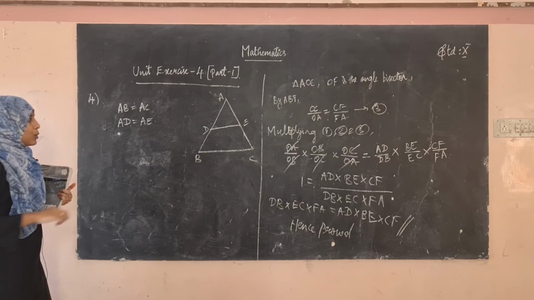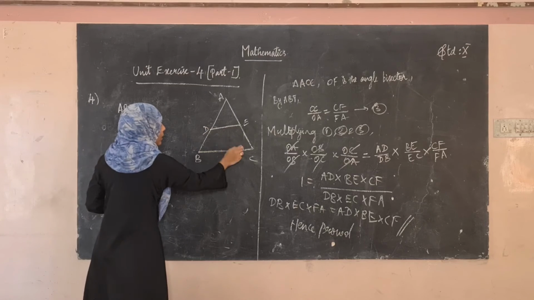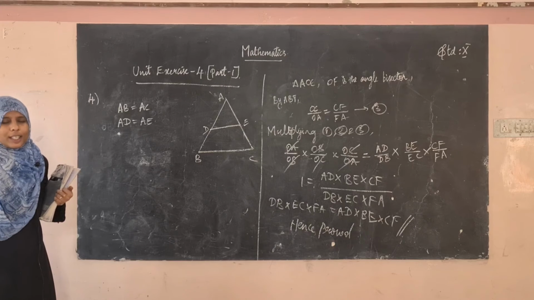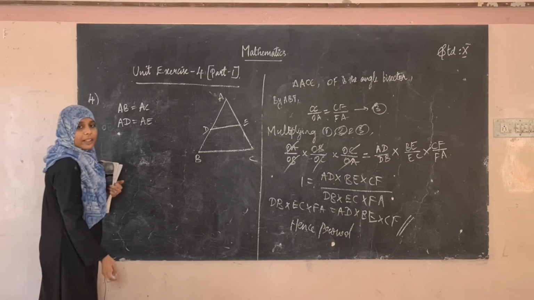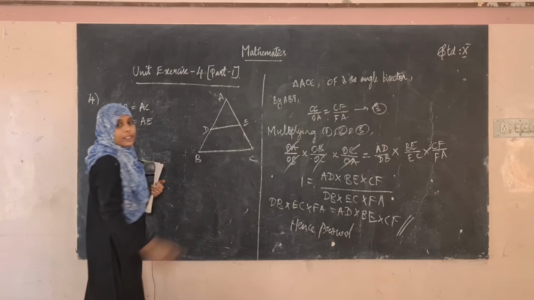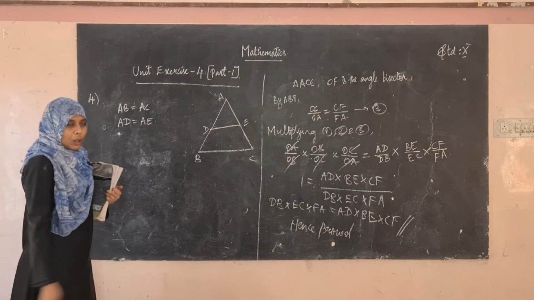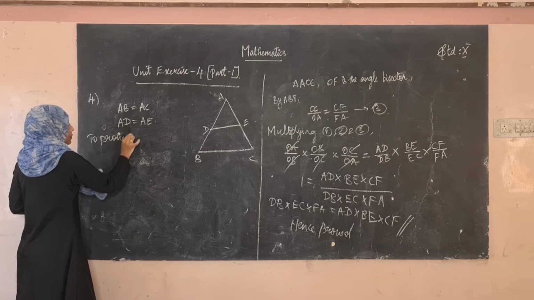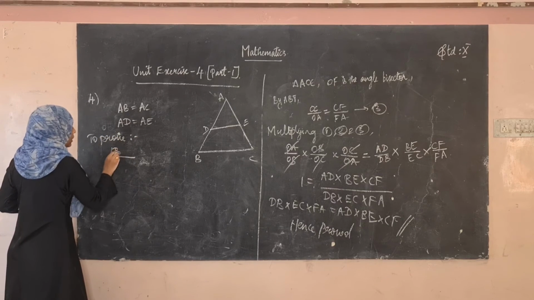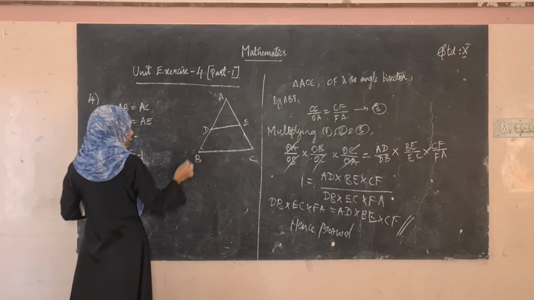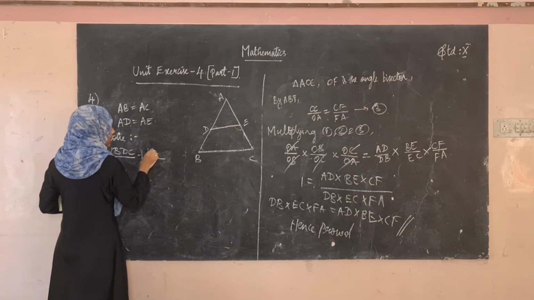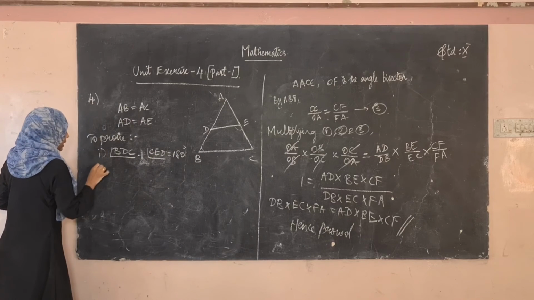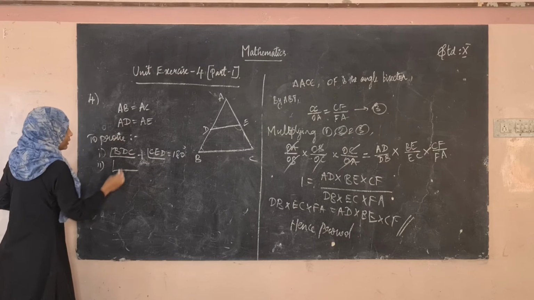So we should prove that these four points make a quadrilateral. So what is the condition for the quadrilateral? For the quadrilateral, the sum of the opposite angles will be equal to 180 degree. Okay, so it is enough to prove that angle BDC plus angle CED is equal to 180 degree, first condition, and the second condition will be another two angles,